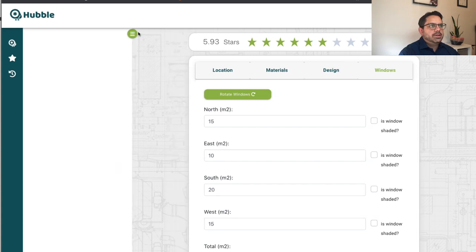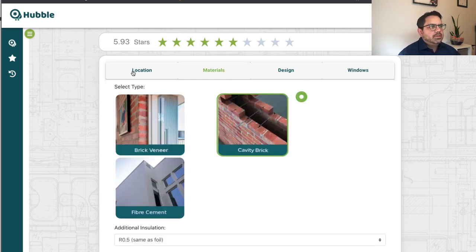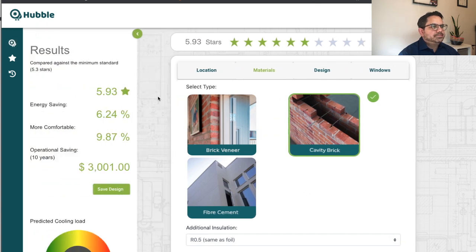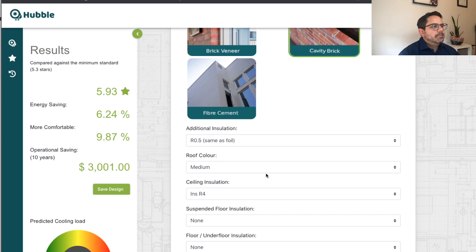If we go back to customer-centric design concepts, you will find that the best thing you can do is, really early in the sales process, engage your customers and co-design what is going to be their building. So how can we start exploring different options? If we start looking at different materials, let me just open the current star rating. We're looking at 5.3, but as soon as we start adding different types of insulation, like for example R1, these numbers will start going up or down